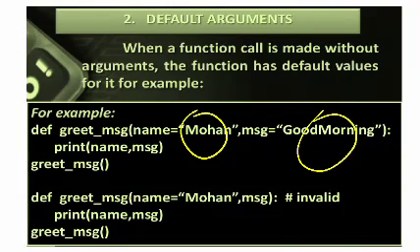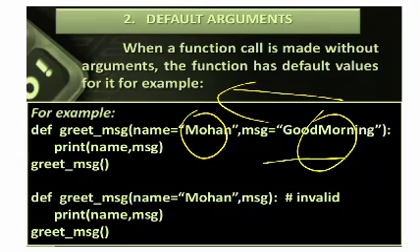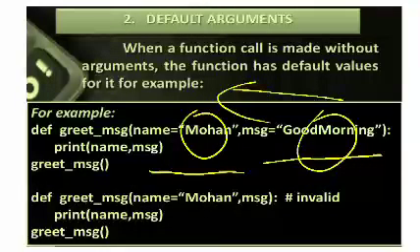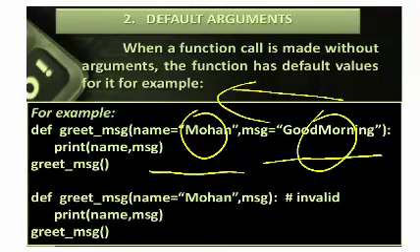Here we remind that default values should be defined from right to left. Before passing the right side value, then pass the default second value and print both values, name and msg. Here we call the function greet without any argument, then the output will print the name argument first, Mohan, good morning. And again, in the second example,